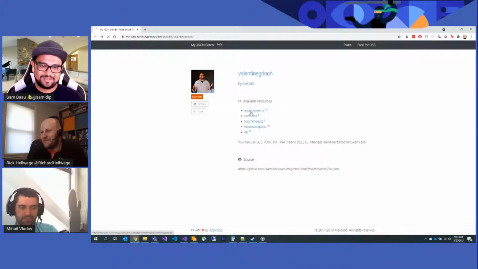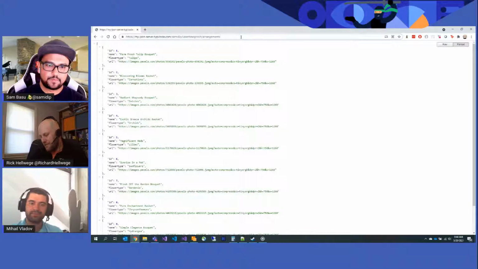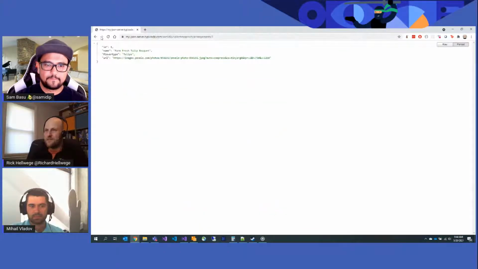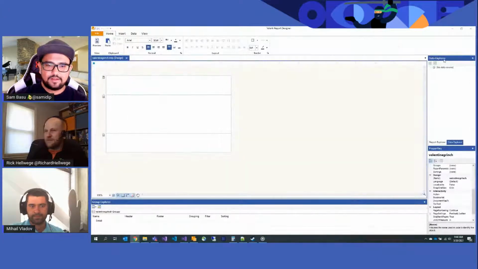Okay, so let's start with the flower arrangements. What I'm looking for here is just the composition of your JSON data. I'm seeing if there's a data source data name field, which there isn't. It's single arrangements, and I'm going to check and see if it supports query parameters like that. Yeah, it does. Okay, so this just gives me an idea of the URL that I have to build. So let me go ahead and copy this out of the page, and we will move that off screen.